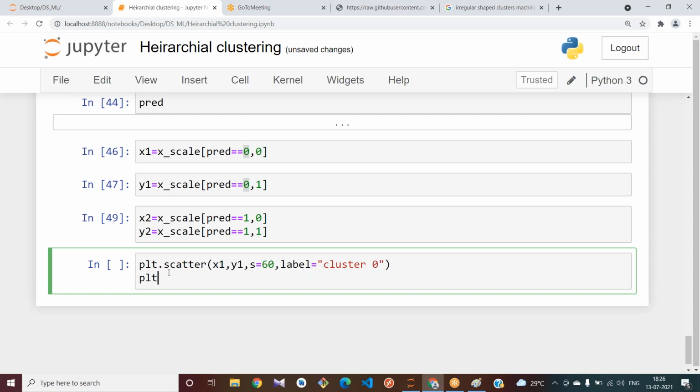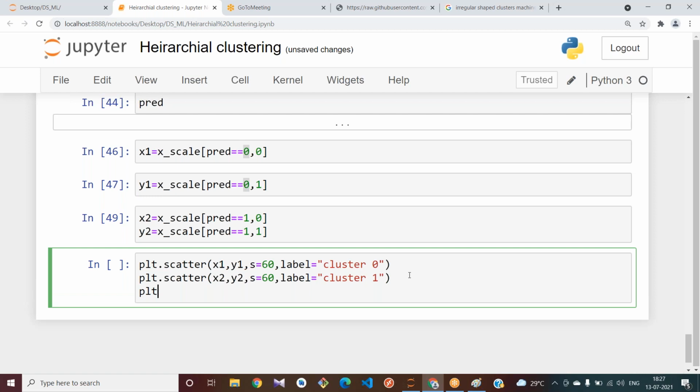And let me plot the other one also. plt.scatter of x2 comma y2 comma s equal to 60, label equal to cluster 1. Let us see the output. plt.show.